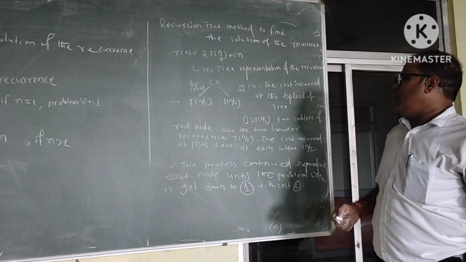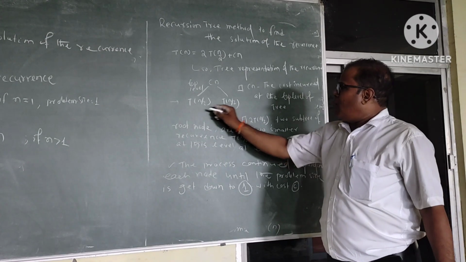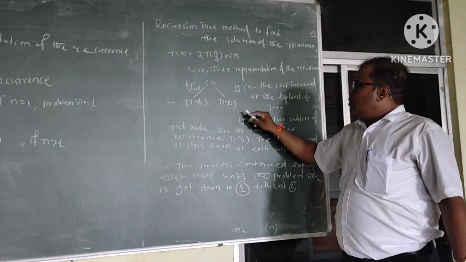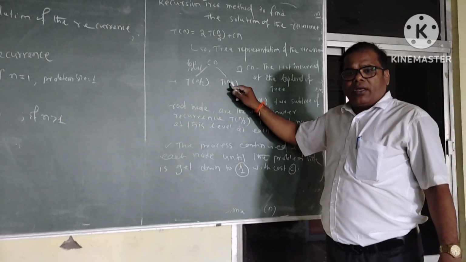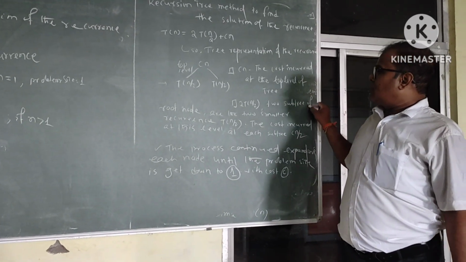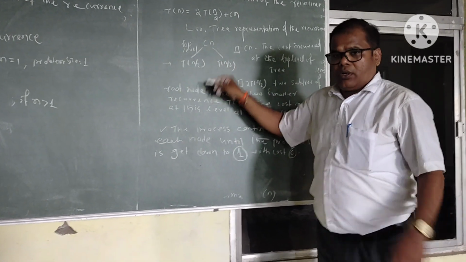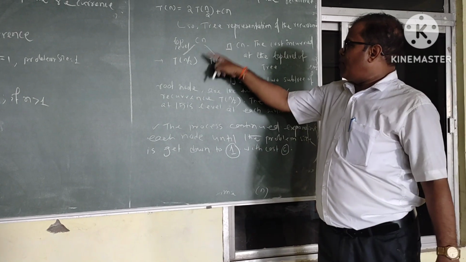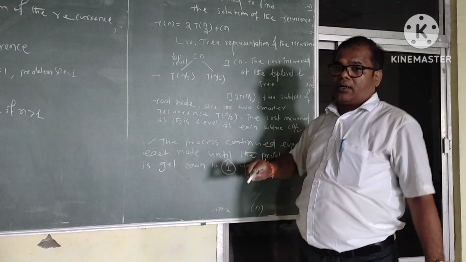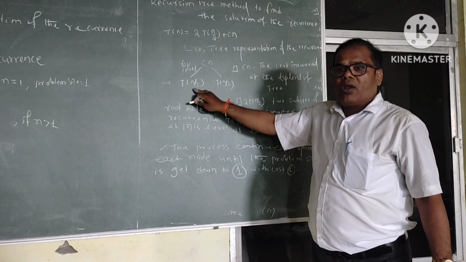To understand what we are writing here, we have written the recurrence form of the subtree. The left subtree is T(n/2), and the recurrence form of the right subtree is also T(n/2). So we have written two subtrees of the root node. Each subtree may go on expanding further. Two subtrees of the root are further smaller recurrences. That is very important.